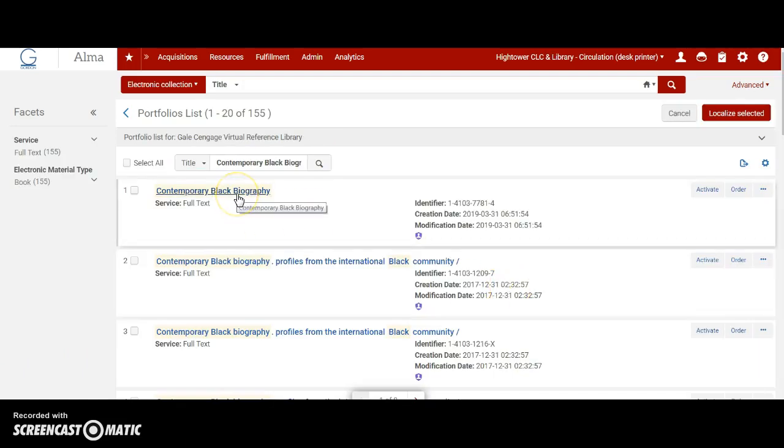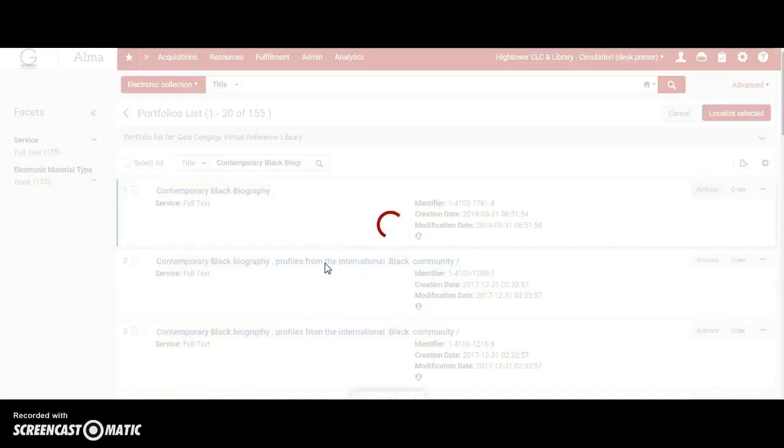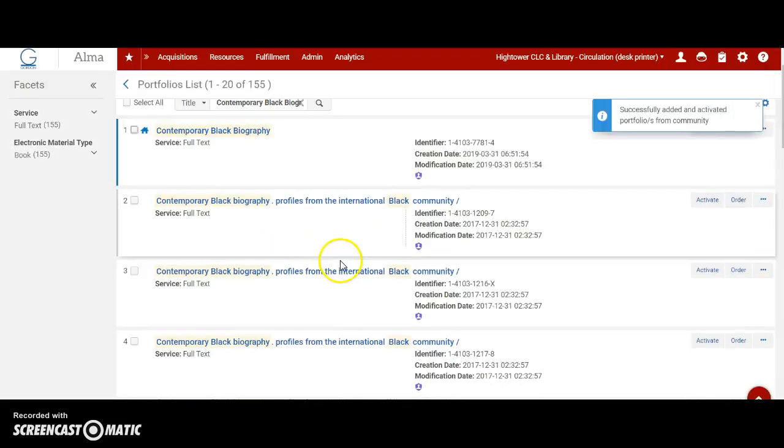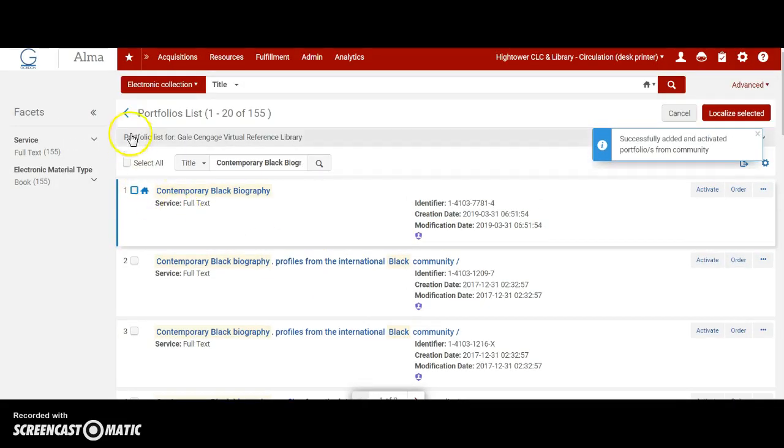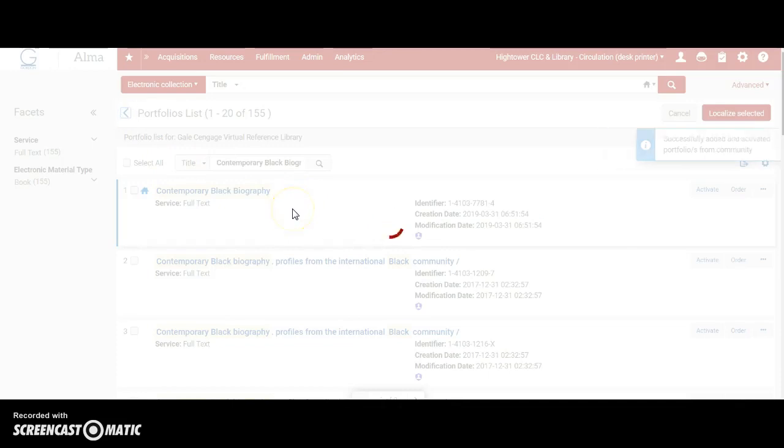Alright, so I found a Contemporary Black Biography in the community zone, and I'm going to activate it, and this is the portfolio for Gale's Cengage Virtual Reference Library. So you can see that, and let me back up. So actually what I did is